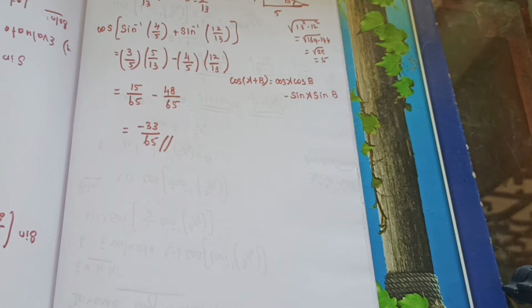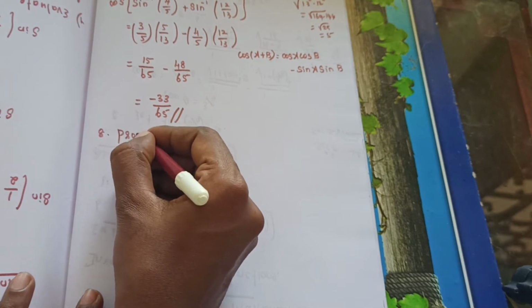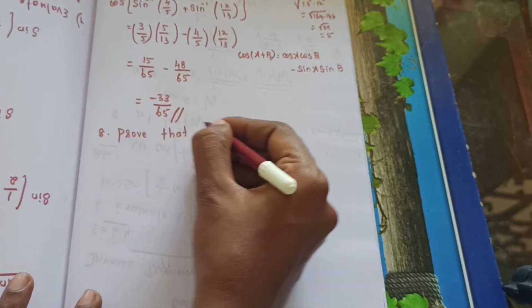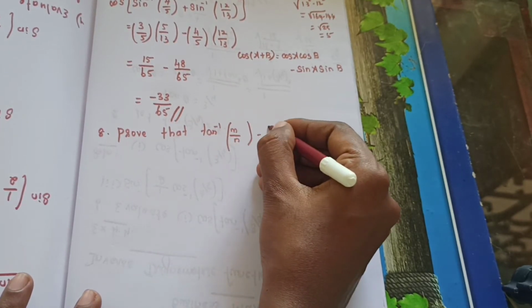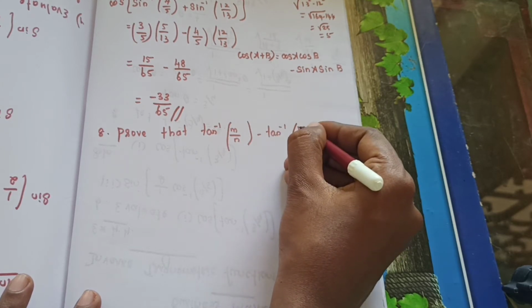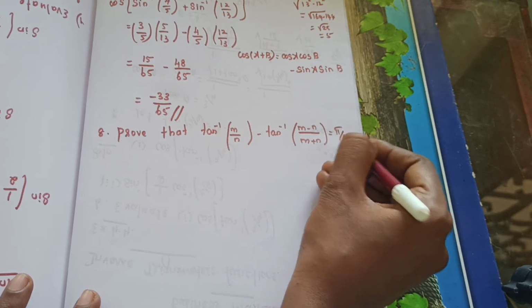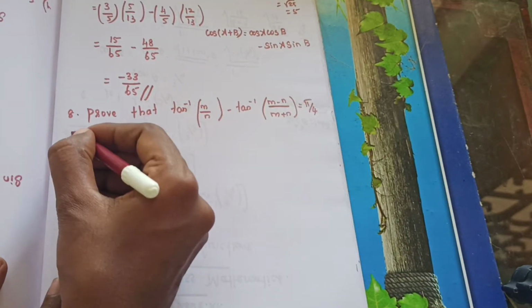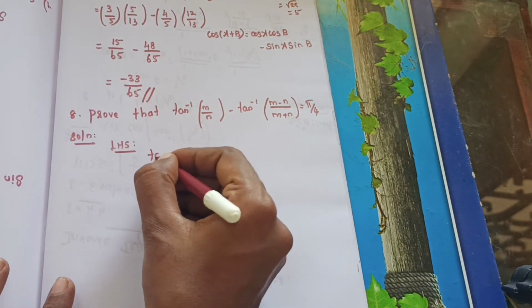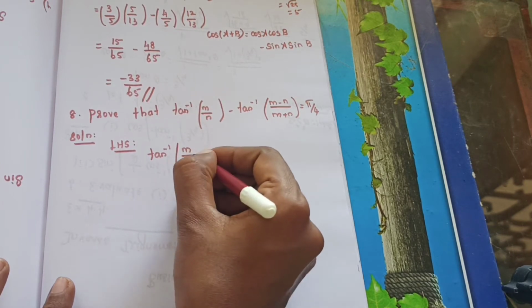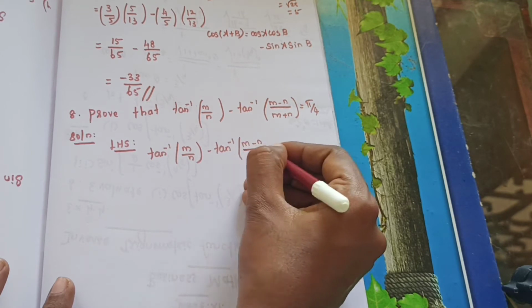Have you understood? Okay. Then problem number 8. Prove that tan inverse of m by n minus tan inverse of m minus n divided by m plus n equal to pi by 4. Very important problem. Very important question. Solution. First you consider the LHS. What's LHS? Tan inverse of m by n minus tan inverse of m minus n divided by